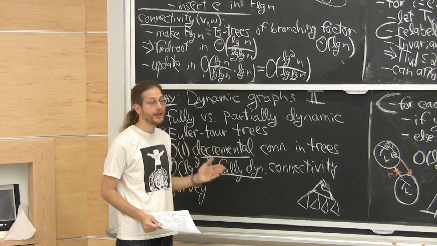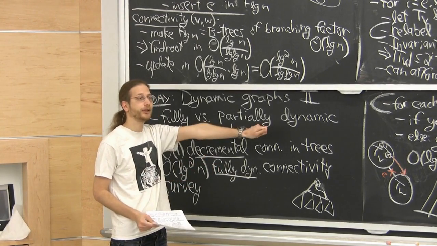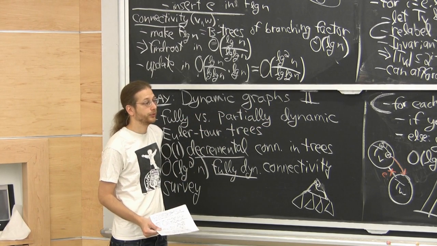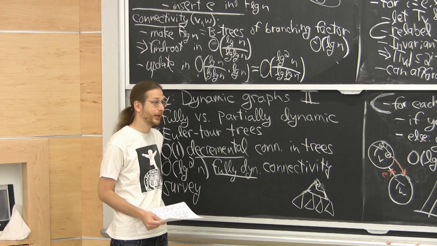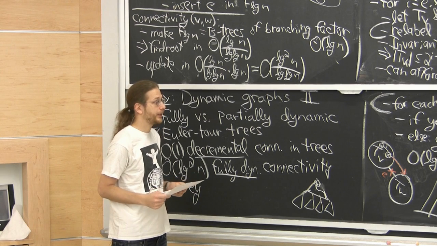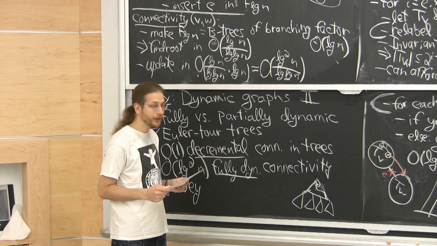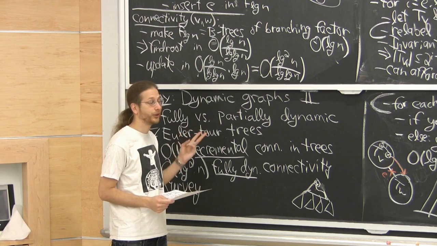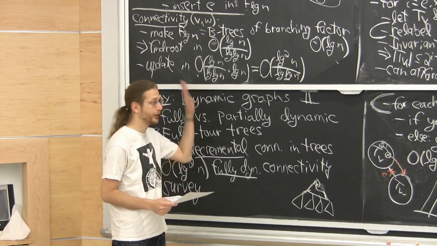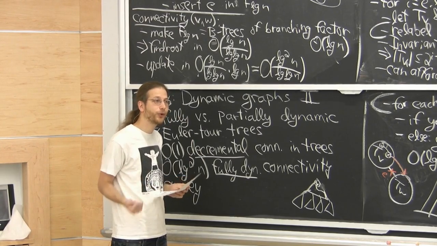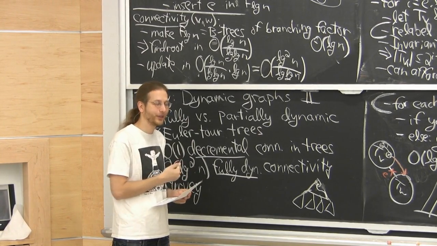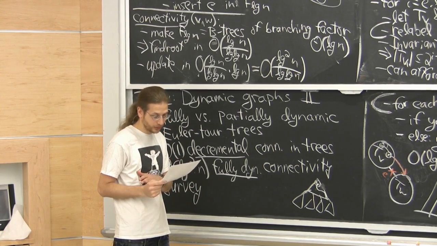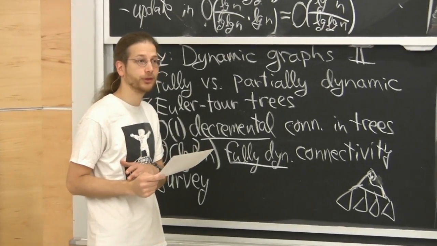A generalization of connectivity is k connectivity. I don't just want to know, is there one path from V to W? I want to know, are there k disjoint paths from V to W? There could be edge disjoint or vertex disjoint paths might be your goal. In that case, polylog solutions are known for two connectivity, edge or vertex. This is a result I actually used in my very first graph algorithms papers, where I first learned about dynamic graphs. In log to the 4th n time, you can maintain two edge connectivity. It's open for k equals 3 even, whether you can achieve that bound.